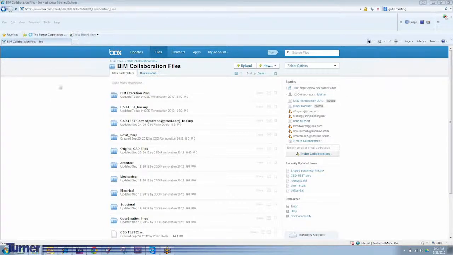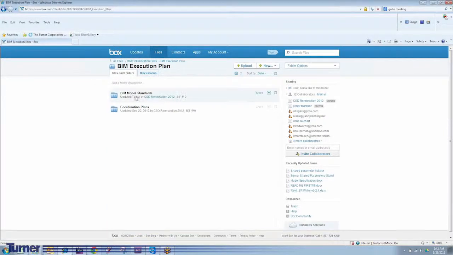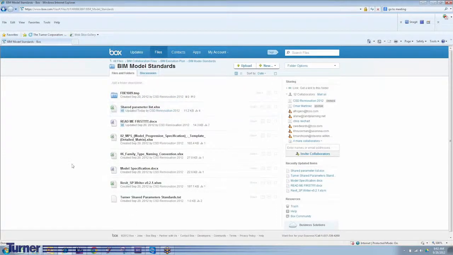First things first, for those working on the CSD projects with us, the files that you're going to need and the instructions are all going to be located under the BIM collaboration files, under BIM execution plan, then under BIM model standards. And this is pretty much the list of everything you're going to need, or at least the instructions on how